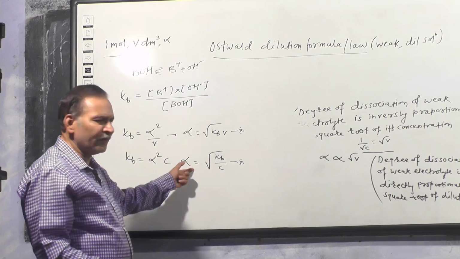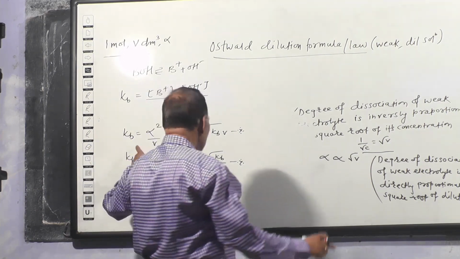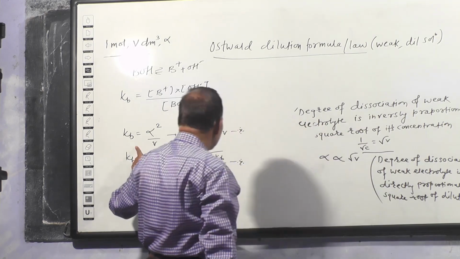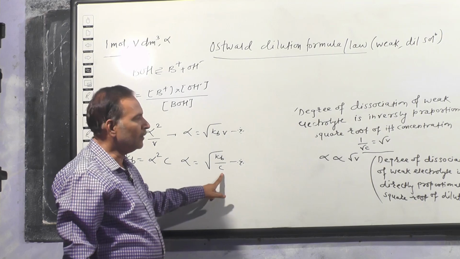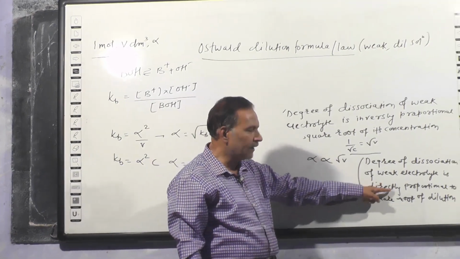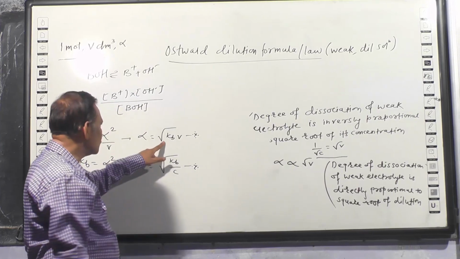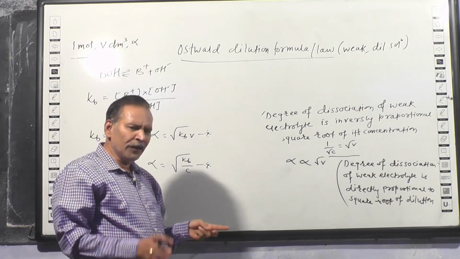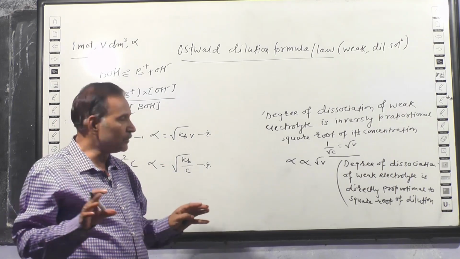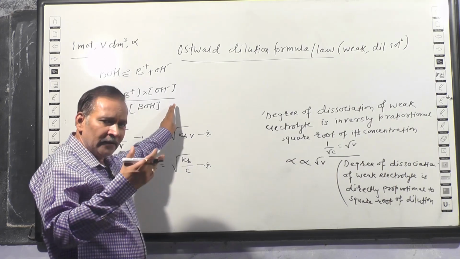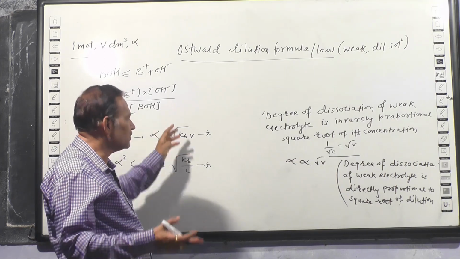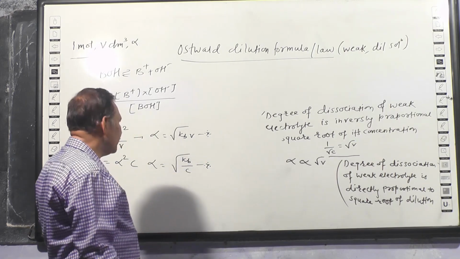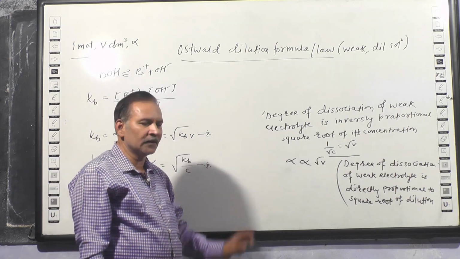Now the statement will be the same for both of these. Here also, the degree of dissociation of a weak electrolyte, that is the base, is inversely proportional to the square root of its concentration from this, and the degree of dissociation of a weak electrolyte is directly proportional to the square root of its dilution by this formula. So maybe acid, maybe base, the only difference is acid is HA, base is BOH. Then apply the law of mass action to concentration terms. For both acid and base, the equation runs parallel with the difference of Ka and Kb, and we get this type of mathematical statements.